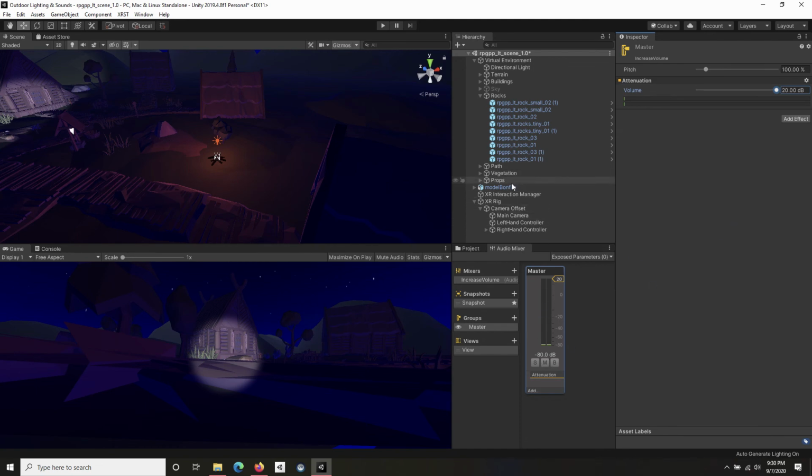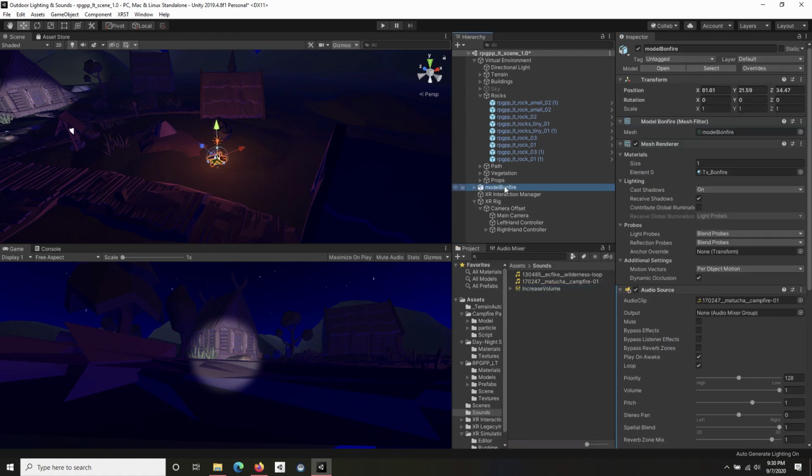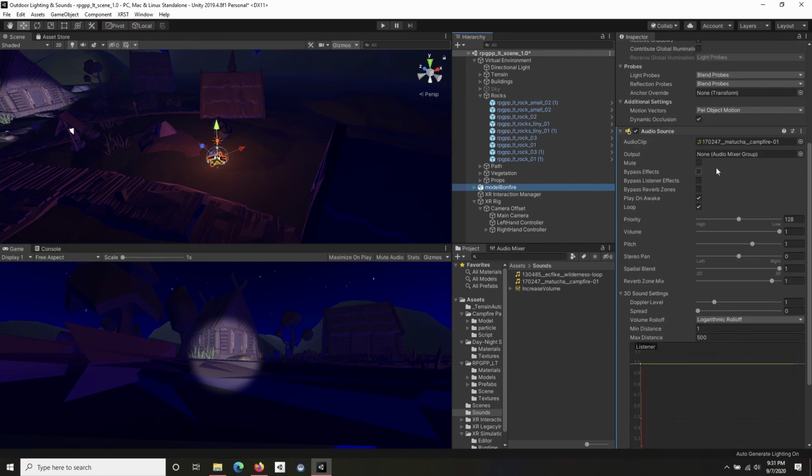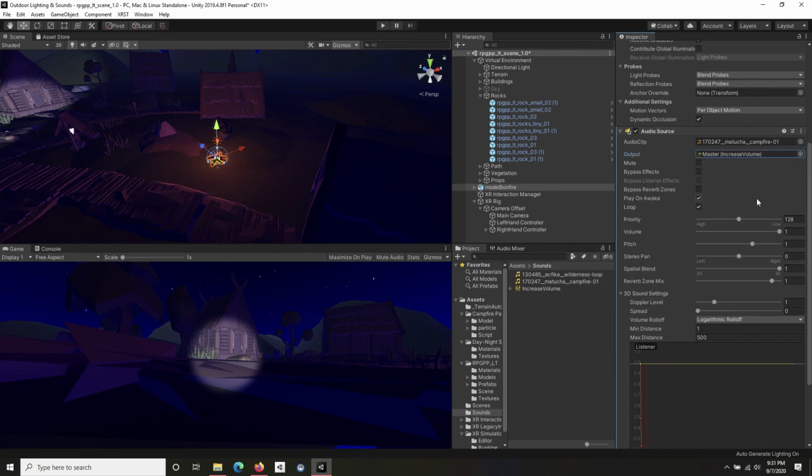And then let's make sure that we have this audio mixer, which we named increase volume, properly set on our audio source. Notice here there is not an audio mixer group. If we use this little click box, we have the ability to choose the master under the increase volume audio mixer. And that's now set, so if we press play now,